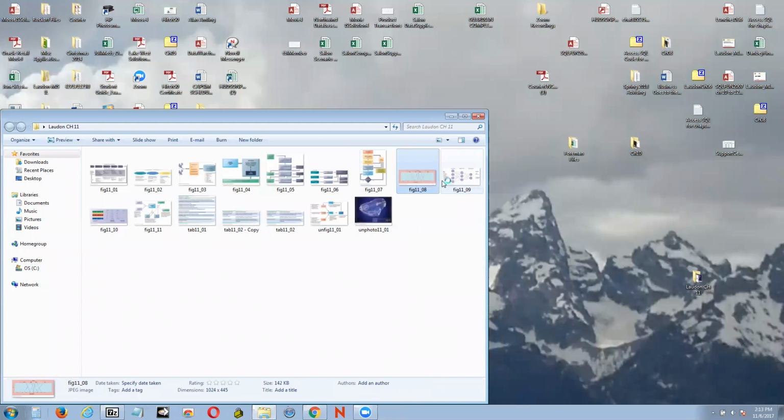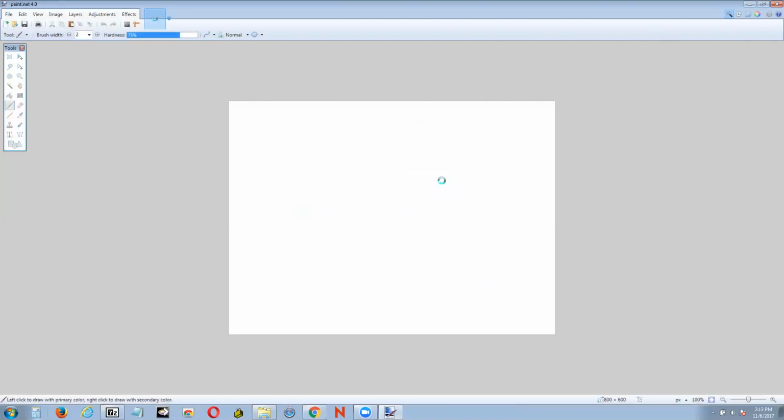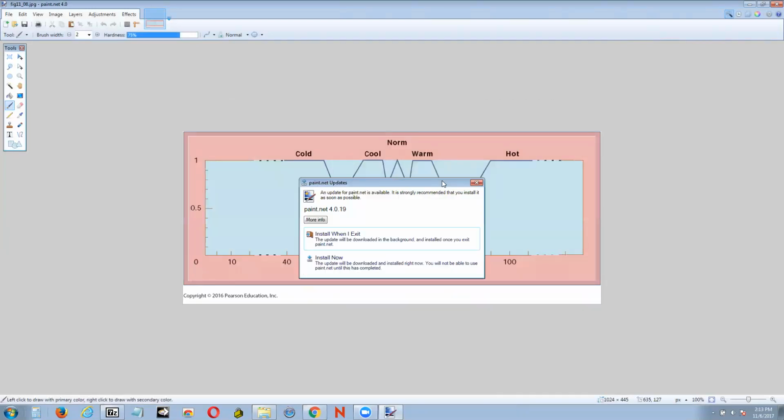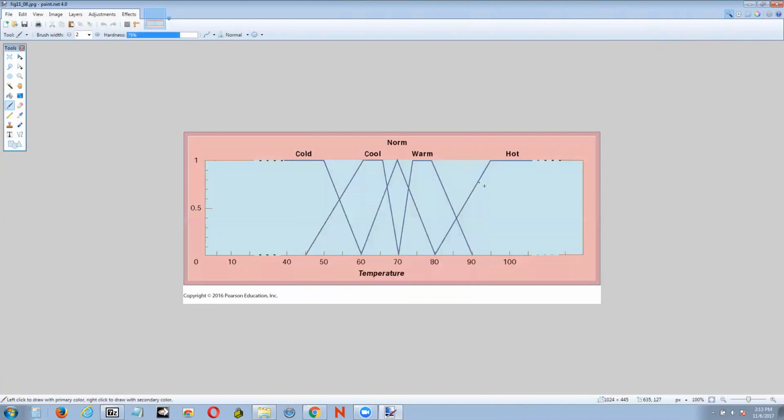I hate to be so pedantic about this, but a lot of these concepts are conceptual in nature, and you almost just have to approach them like this. Now, here is a fuzzy logic system. And probably the best example in the book would be your thermometer. If you have a smart home or smart devices, they'll keep the temperature within a particular range. If you're like me and you have an old-fashioned thermometer, you set it at a temperature,